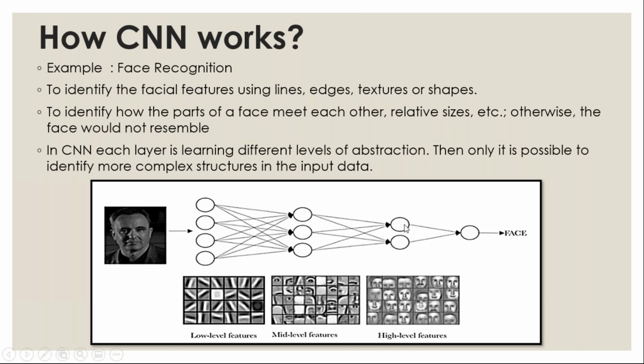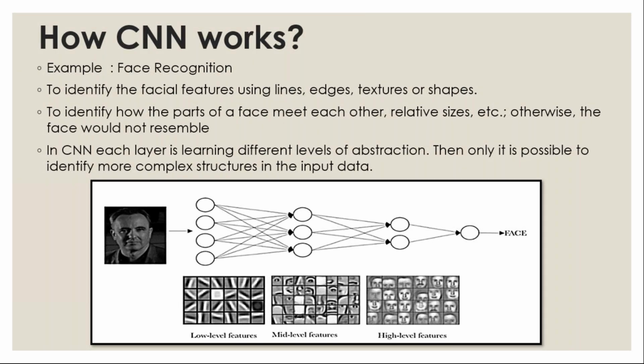Okay, so what features have they extracted? It's your facial features. These facial features come under 2 categories: one is low level features and another one is mid level features. Low level features means, actually, I have to identify the nose, ear, mouth and everything, right? But I am not able to get the mouth, nose and ear exactly at first, because first of all, you have to get the shape. Shape in the sense, first you have to get the line. The line may be of a different type.